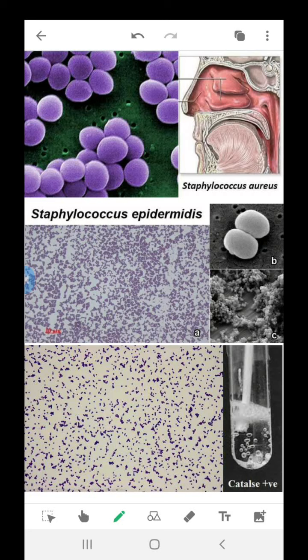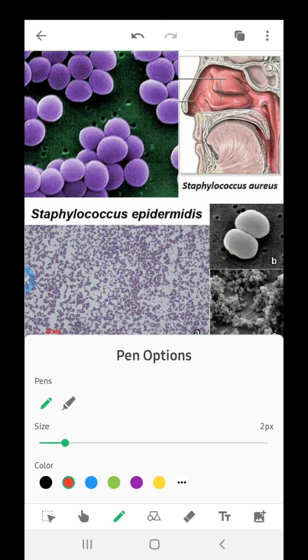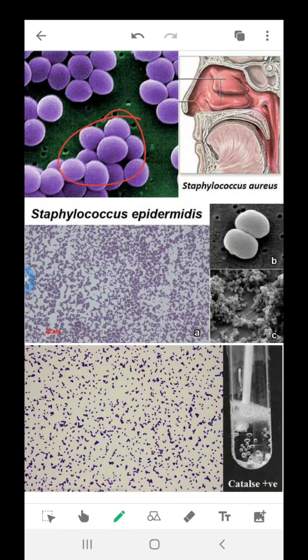Staphylococci are members of the Micrococcaceae family. They are classically considered extracellular pyogenic pathogens because of their ability to induce abscess formation. These bacteria are non-motile and tend to grow in clusters. This is the cluster shape. They are extremely hardy and can survive for prolonged periods of time on environmental surfaces.